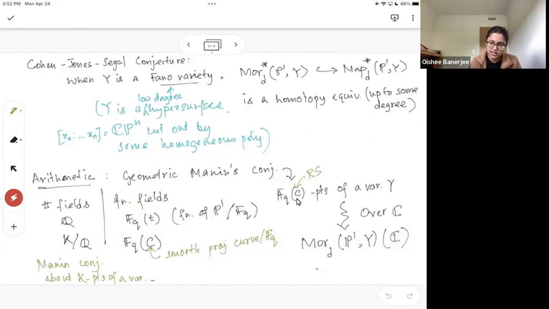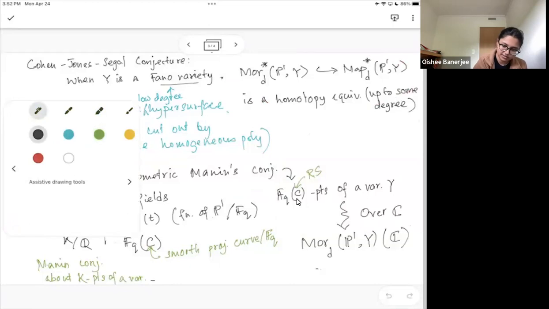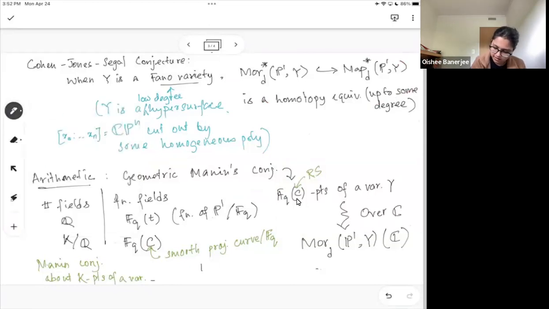And so far the positive result in the world of function fields, as far as geometric models is concerned, that do not use these homotopy equivalences, is that of Browning and Sawin from 2017, where they consider the case of Y being a hypersurface,